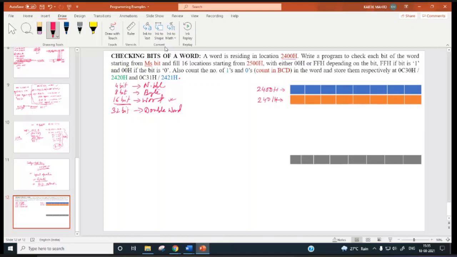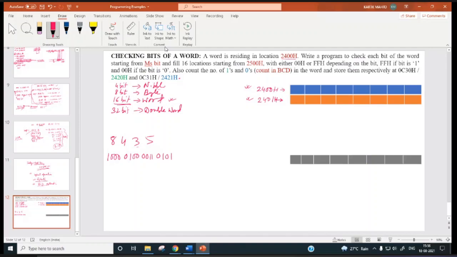Now if a 16-bit data is there, the lower byte, the lower 8 bit, will be stored in the lower location, and the higher 8 bit has to be stored in the higher location, right? So suppose a 16-bit data is 8435. 8 is 1000, 4 is 0100, 3 is 0011, 5 is 0101.